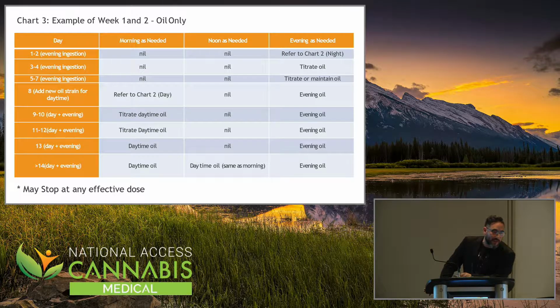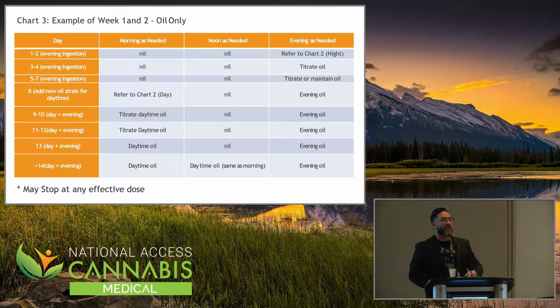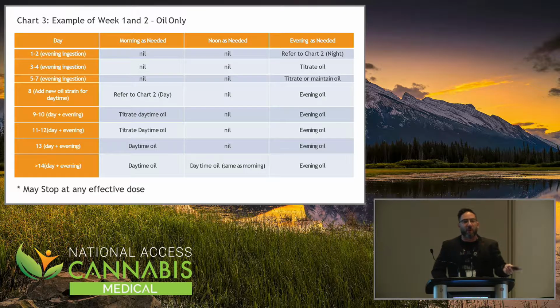Question is, how do you start getting them off their opioids? How do you start interacting with those things? Just because they're on opioids doesn't mean they can't use cannabis. It just means you have to start. One, it's not your job to decrease them, right? That has to go back to the prescriber of their opioid. And we follow the national pain guideline. That's what I follow when I take people off of opioids. That's what we should all be following in Canada.